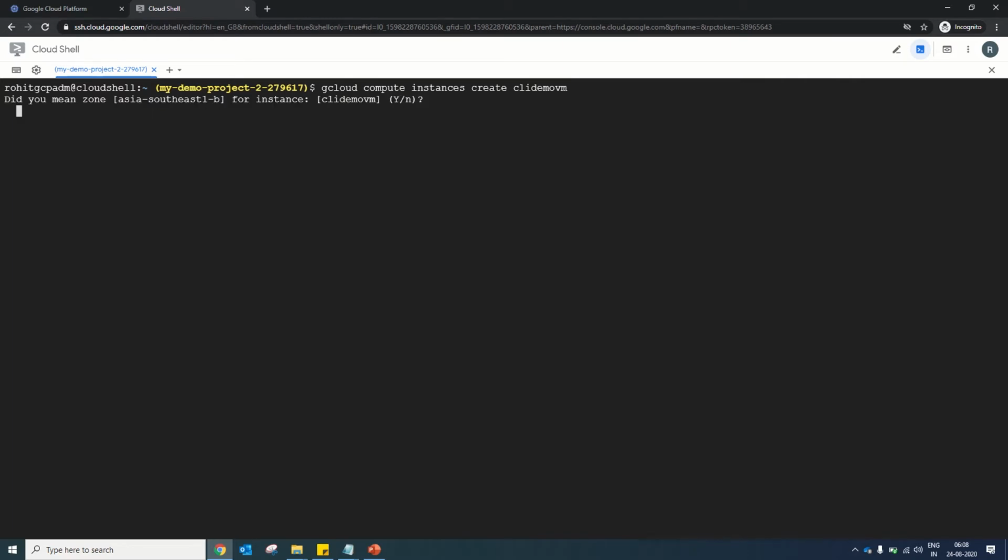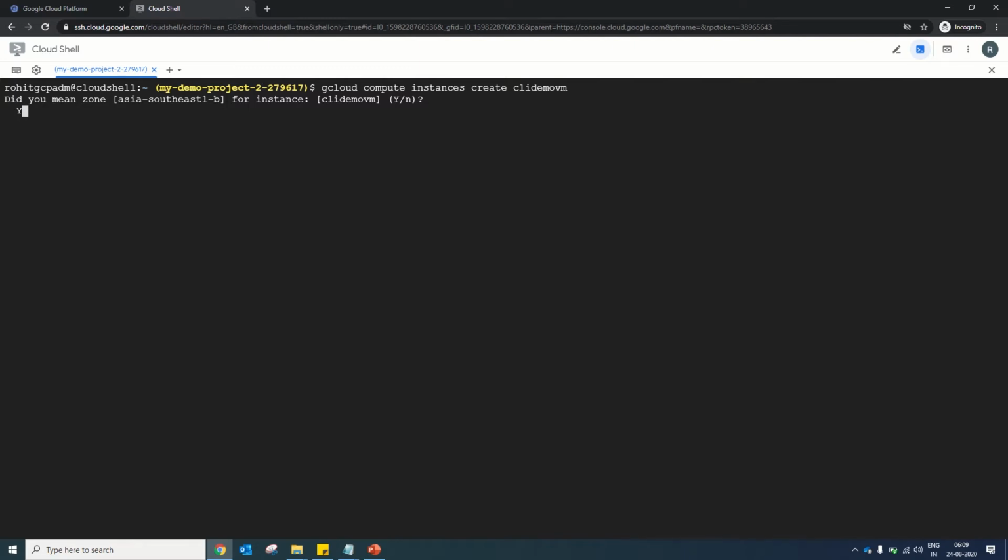When you press enter, it will take configuration details according to the project selected, my project demo 2, and the rest of the details Google Compute Engine decides itself, because at the time of machine creation we see that the zone or the boot image is automatically selected as the default one. In case you want to configure a different machine option or a different boot disk or a different OS image, then you have to select those options using the parameters. So first we will create this simple VM, then we will create one more VM specifying those options.